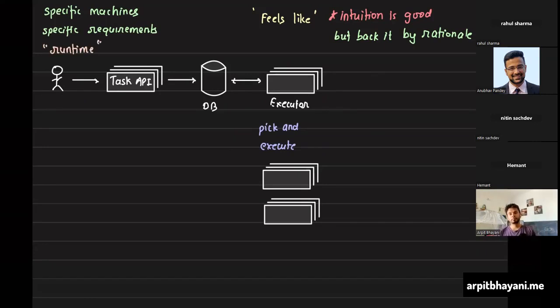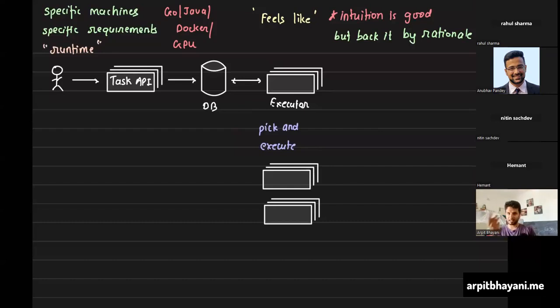Instead of making general machines, we should make specific machines which execute specific types of commands. Let's just say there is a command for Golang, or a command for Python, or a command for building Docker images. There can be anything, and making the executor that general to execute all of them will make the system bloated, basically the executor bloated.